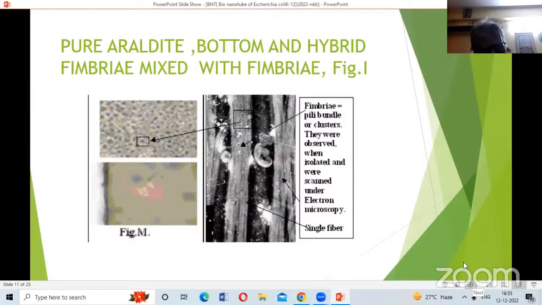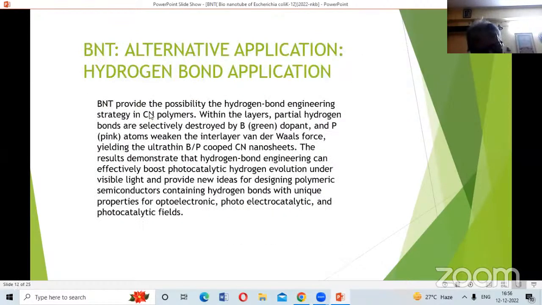So what I see is a spotted membrane and a clean membrane. That means this araldite has no fimbriae mixed, and this araldite has the fimbriae of